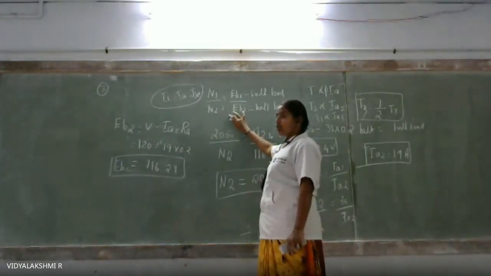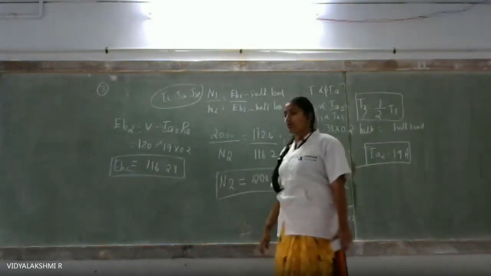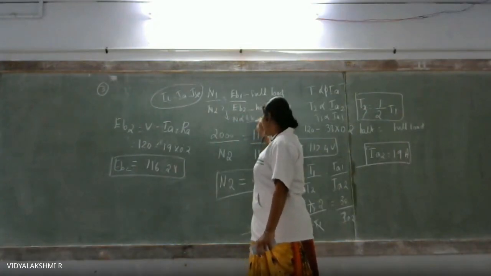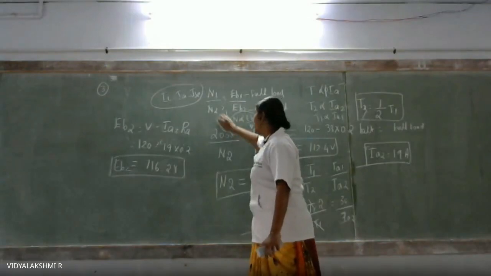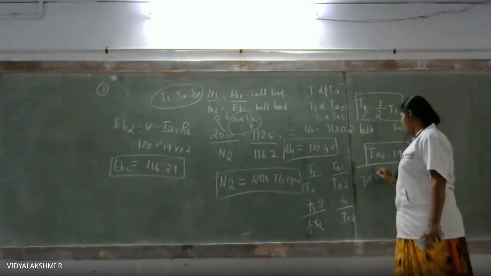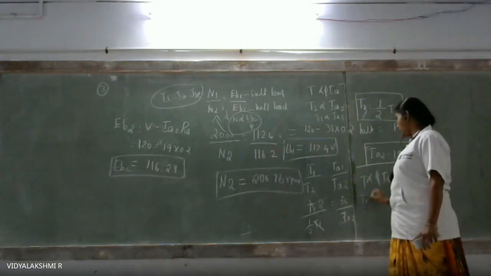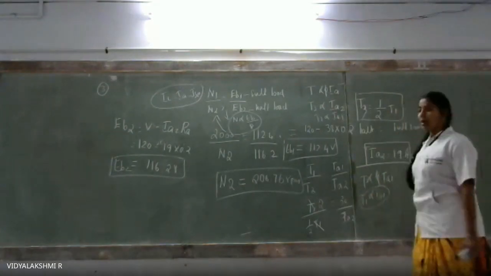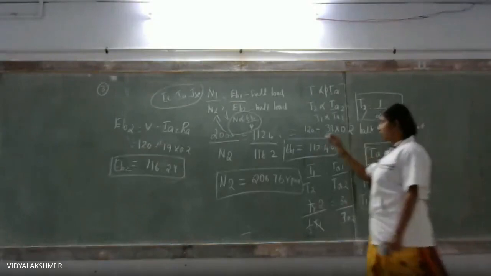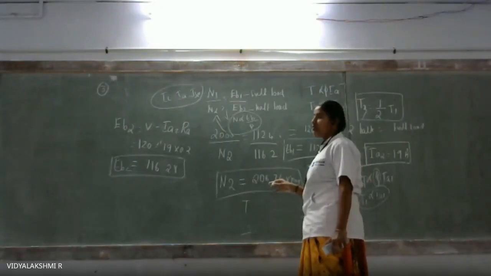If they ask to find out half load and full load, you are supposed to use a formula like this: N1 by N2 is equal to EB1 by EB2. That too I took in terms of N is equal to EB by phi. This formula only I took. In the same way, T is equal to phi IA. If they ask to find out the half and full load, there I can write T1 is equal to phi IA1. If the problem depends upon the flux, you can use the same formula, since they have given the half load flux and the full load flux.